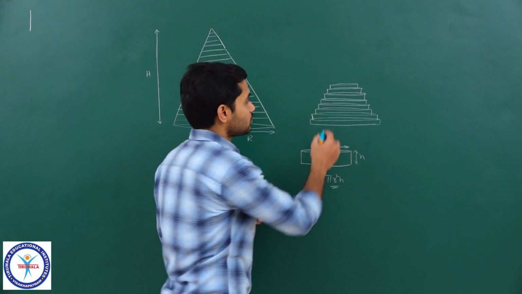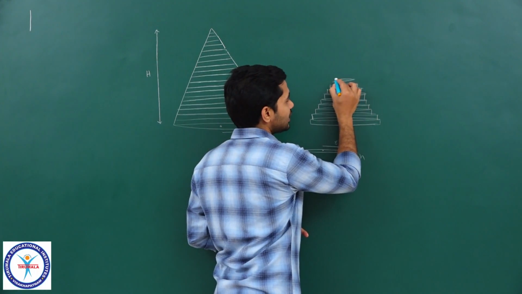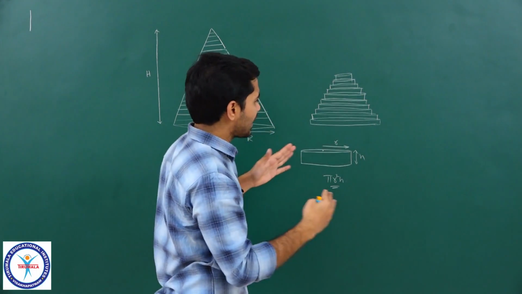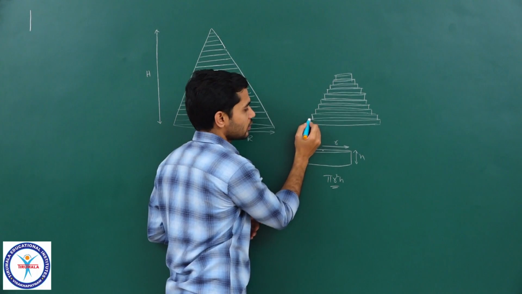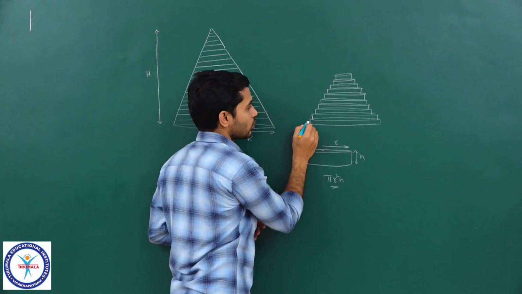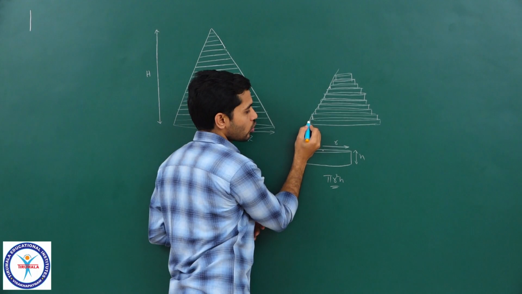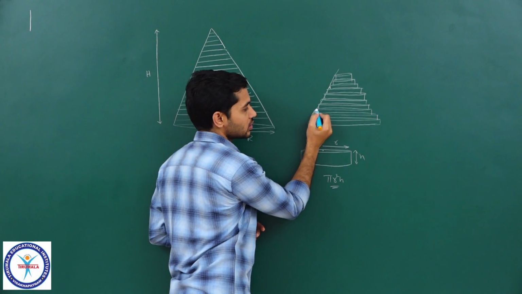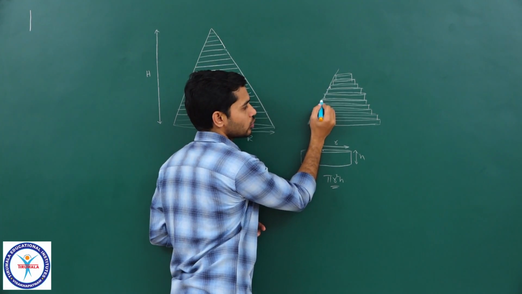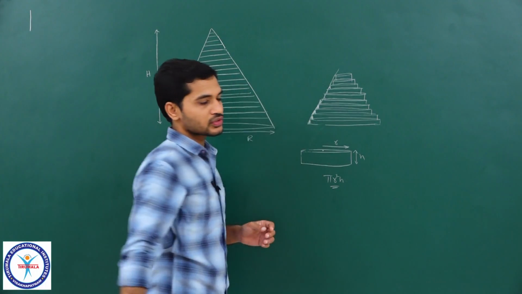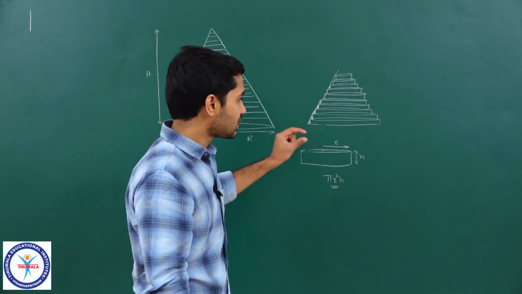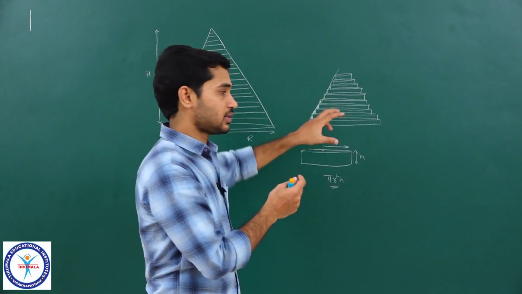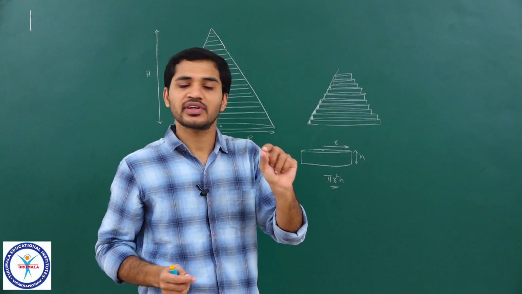That is what I am drawing here. I am stacking up many cylinders one upon the other. You might think it doesn't look like an exact cone. What about if I draw a line like this? What about the small volumes which are left out over here? Yes, there is some volume left because I have considered those cylinders of some thickness. But visualize a scenario where the thickness of these cylinders is very small.